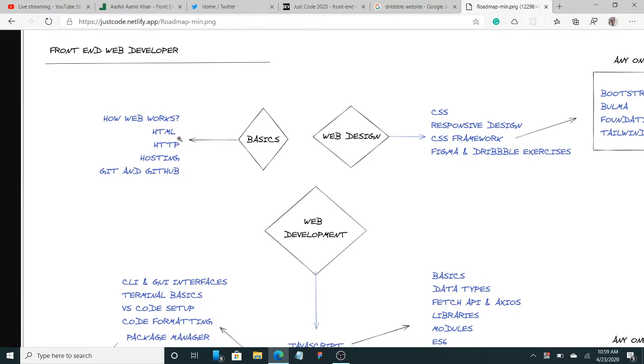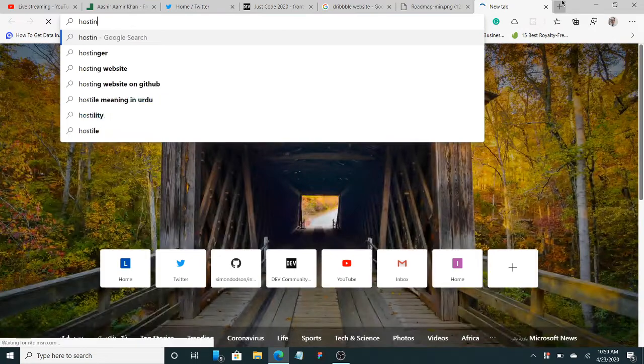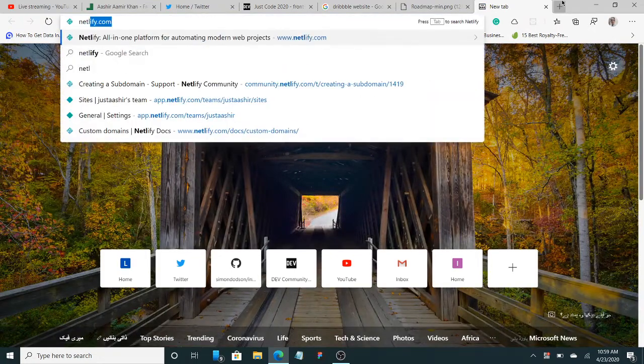So I will tell you how HTTP works, what the HTTP protocol is, what the difference between HTTP and HTTPS is, and how hosting works. We'll use Netlify.